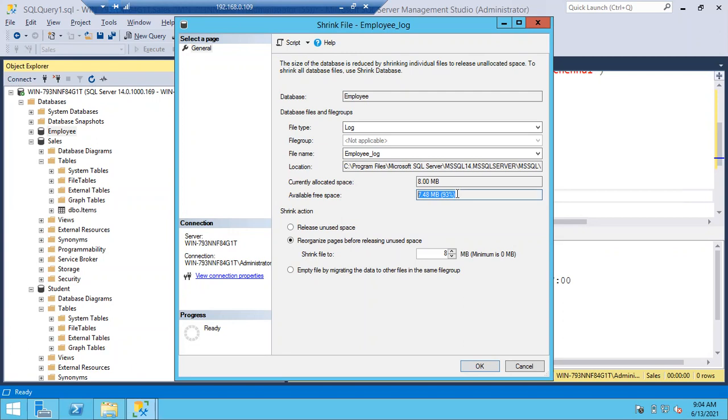Once the course is completed, at the end of our classes, I'll tell you exactly how to shrink the log file. Okay, right? Any doubts, any issues? I hope it is clear, everyone, right?